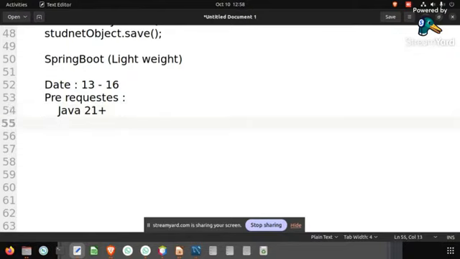And the second one is we'll be needing MySQL. Sorry, we'll be using PostgreSQL, not MySQL. So this should be installed. This PostgreSQL is similar to MySQL, but the only difference is that PostgreSQL can support both SQL and NoSQL. So normal SQL queries will be implemented in PostgreSQL. I want you guys to install this PostgreSQL in your system, and